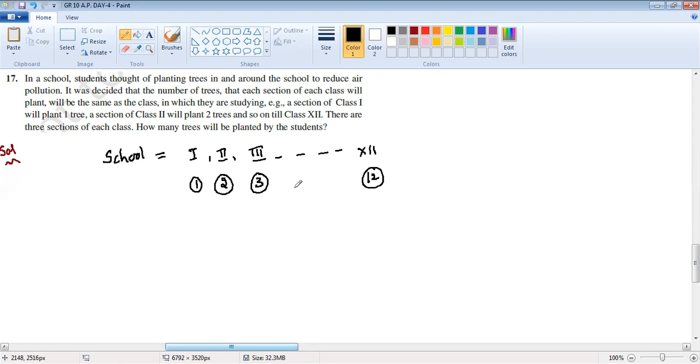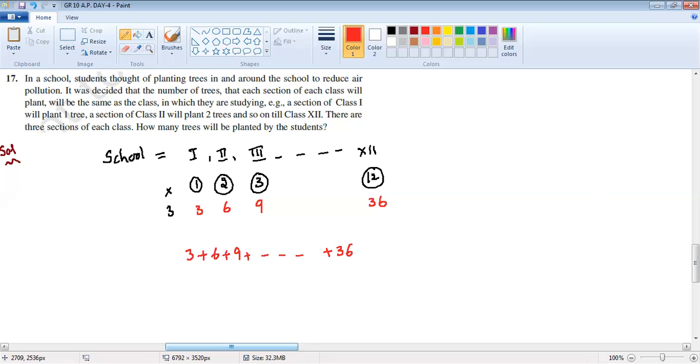See, similarly, actually there are totally 3 sections for each class. So now, for the first standard itself, they will do into 3. So 3 into 1 is 3. Now the second standard, they will do 3 twos are 6. Third standard, they will do 9. Then till the 12th standard, they will do 36. Now, how many plants are there in total? So what are we supposed to do? Take the summation of all these: 3 plus 6 plus 9 and so on,